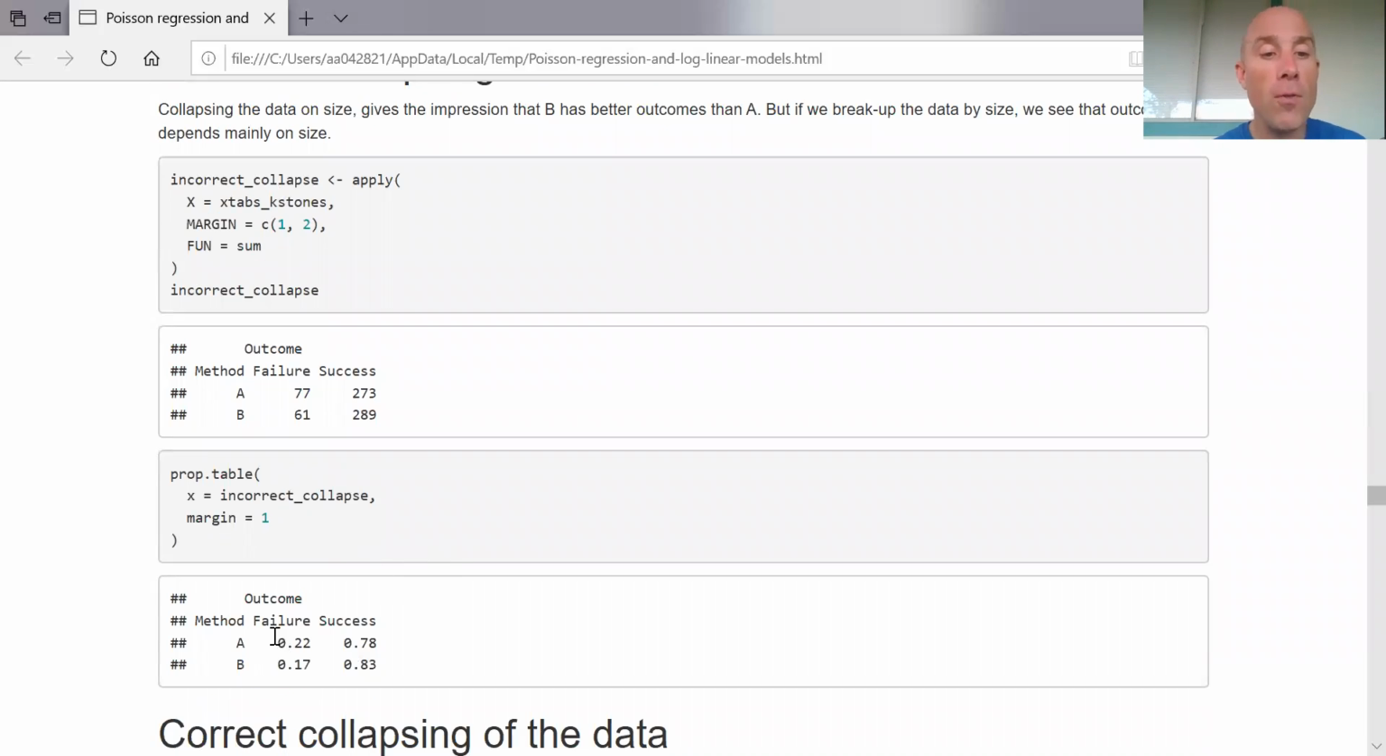If I look at the proportions, I can see that using method A is going to have success about 78%. Method B is going to have success about 83%. That's overall, not considering size. But this is the wrong way to do it. Notice I put the word incorrect in this. This is the incorrect way to collapse the data. This is not the way we want to infer off of this. If I look at this, I'm going to go, hey, B is the better way to go. It's not a big difference, but if I was having problems with kidney stones, I would want that 5% improvement